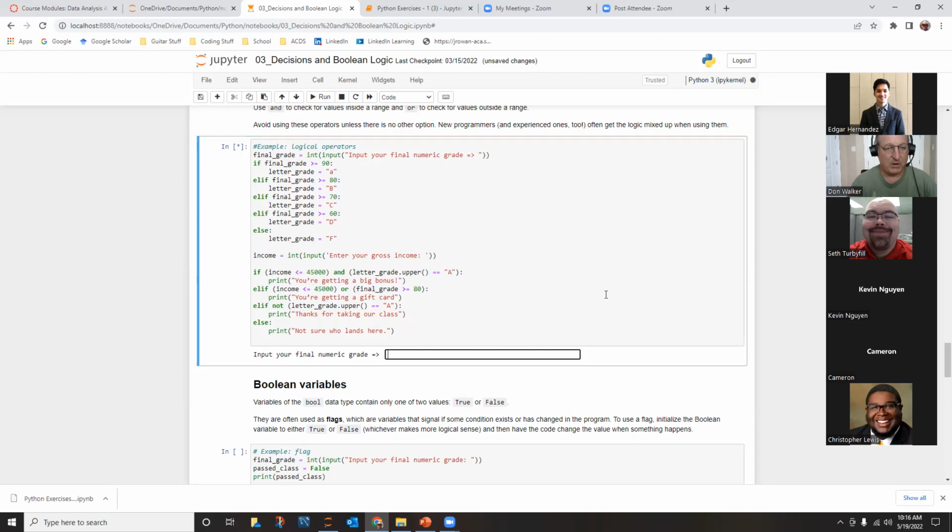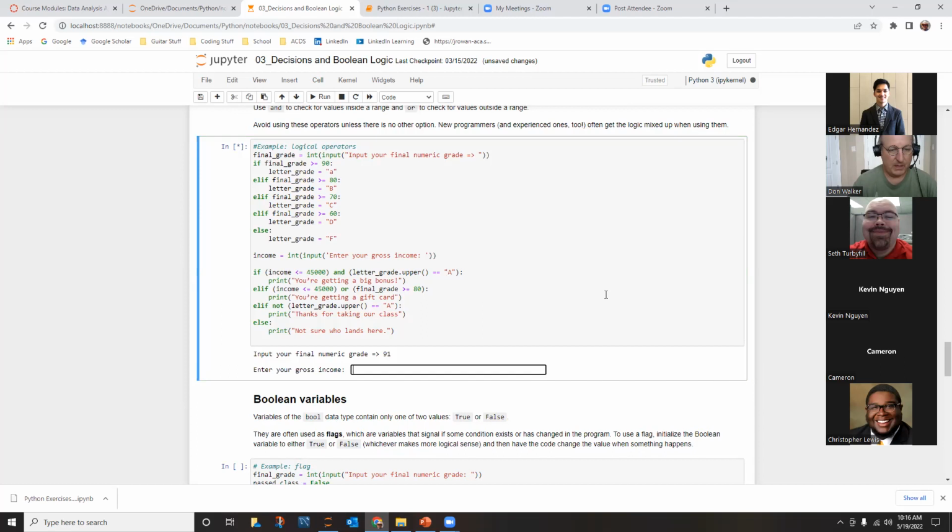So final numeric grade, I want to give them a 91 so that it gives them a lowercase letter A. And I want to give them a low income because I want to check that first if down there. So enter your gross income amount, 44,000. You're getting a big bonus. Yeah, this upper,